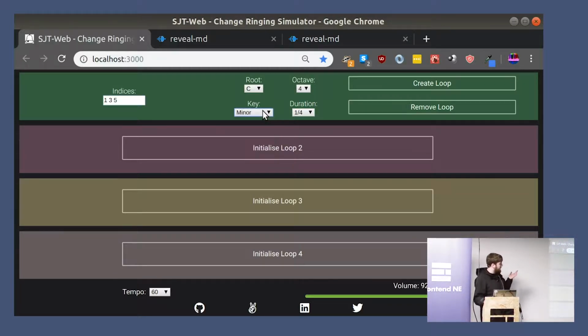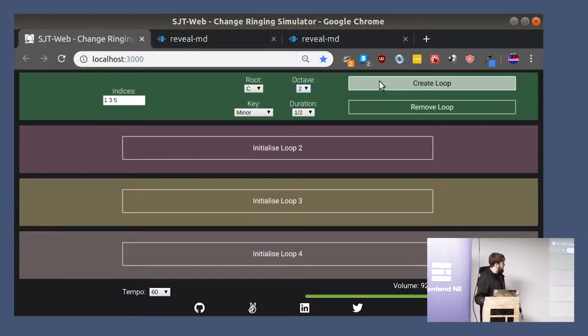Tonal has, as music does, like a million different scales that you could use. So rather than have a drop-down list with a billion things in it, I just started off with major and minor, and a couple of friends who tried it out said, oh, can you put in Dorian? And oh, can you put in chromatic? So I just sort of slammed those in there as well for good measure. And a duration. So you pick these sorts of things,